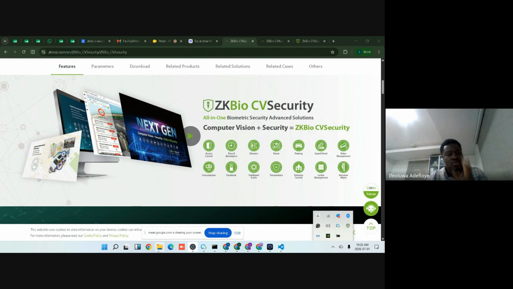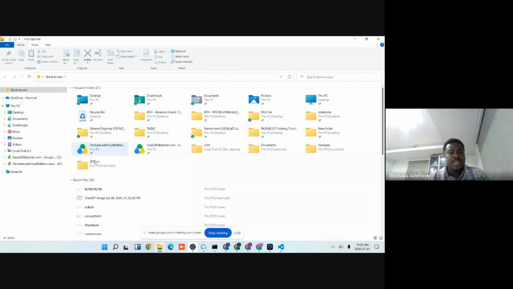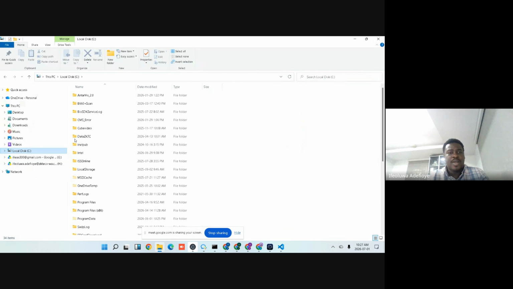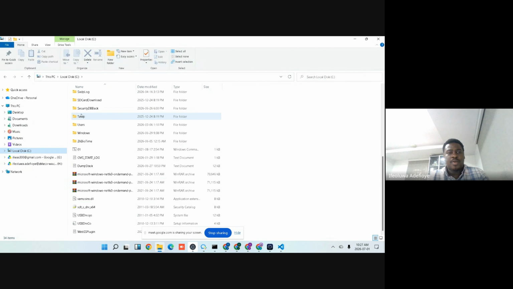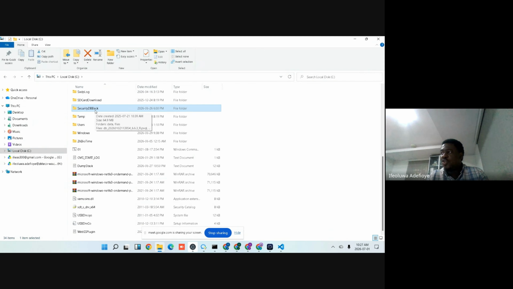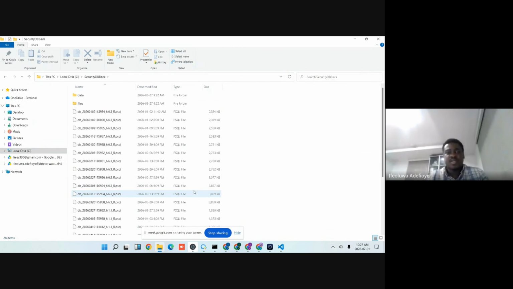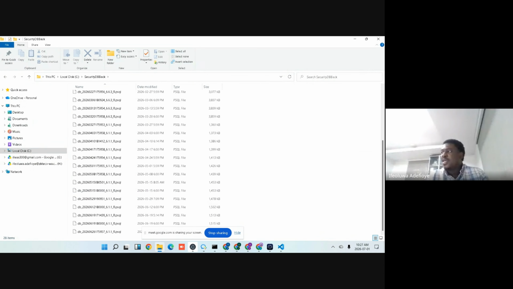So if I go to my folder here, my local disk, you are going to see security DB back here, because when you are installing, you'll be prompted for where you want your database to be stored. So if I click on this, you will see a whole lot of